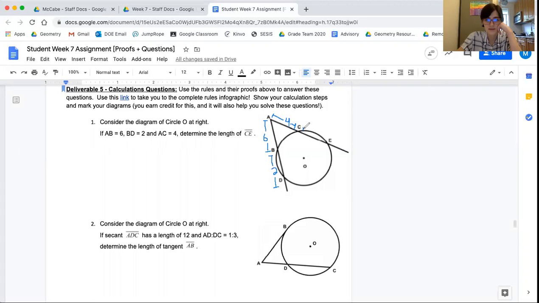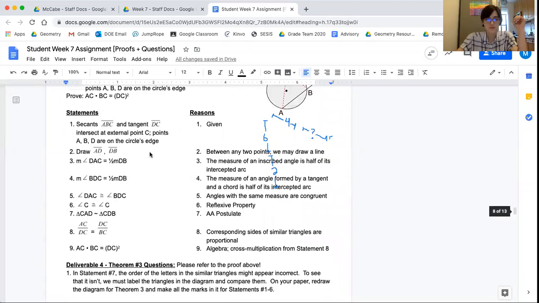So this is my X or my question mark. I'm going to put in a question mark. This is what I'm trying to solve for. This is E. All right. Now I need to go look back at my theorems. I'm going to scroll up. My drawings are going to come with me, but I want to show you for future problems. So if we scroll up